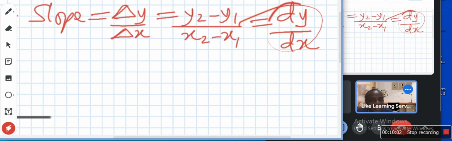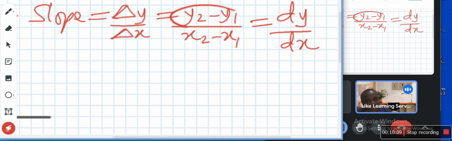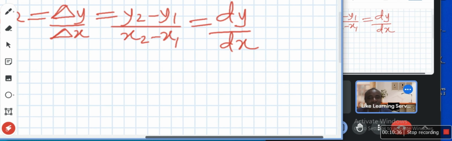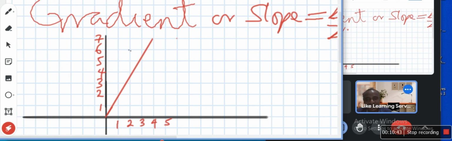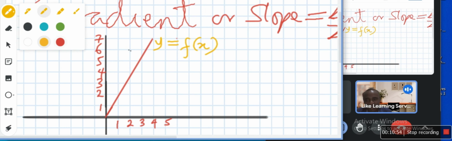So differentiation is a way we can use to find gradient, because gradient is change in y over change in x. You know, in economics, whenever you see this symbol, it means change. You remember? Yes. So dy over dx simply means change in y over change in x. So when you differentiate a function, you are basically finding its gradient. So differentiation is gradient. dy over dx is gradient. Take note of that. In fact, if this line is y equal to f of x,